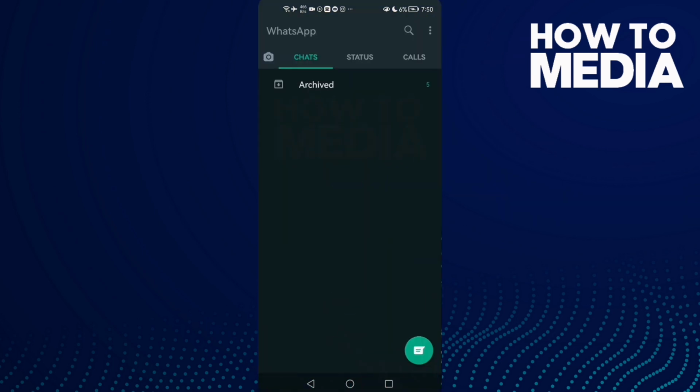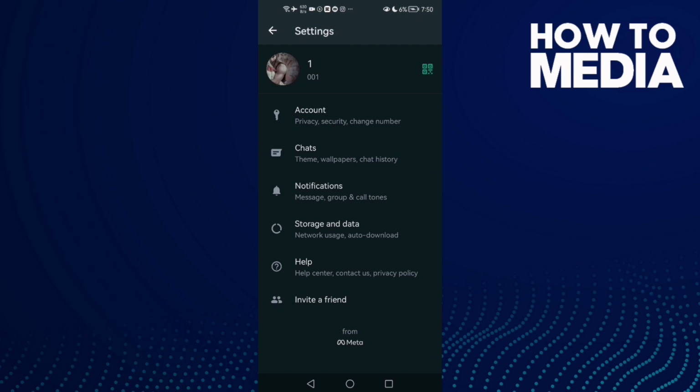WhatsApp. First thing, go to WhatsApp and here you will find these 3 points in the top corner. Click on it and click settings, and here you will find storage and data. Click on it